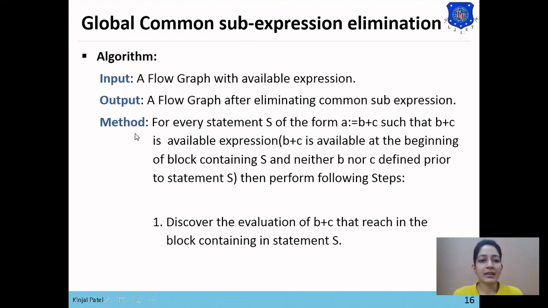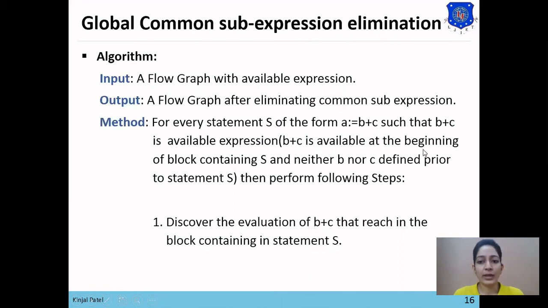So here is the method: for every statement S of the form A equals B plus C, such that B plus C is available expression, meaning the statement where our expression appears repeatedly.